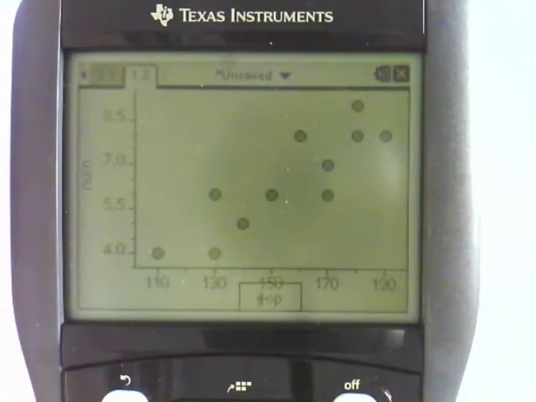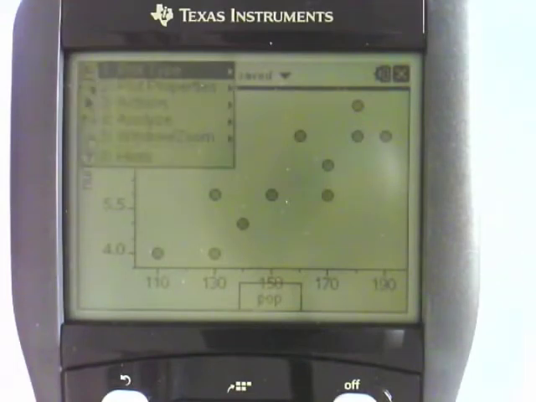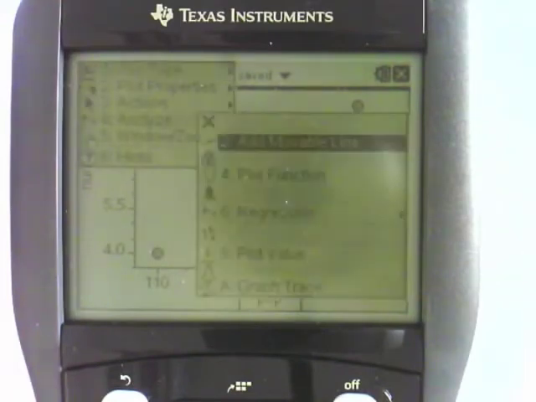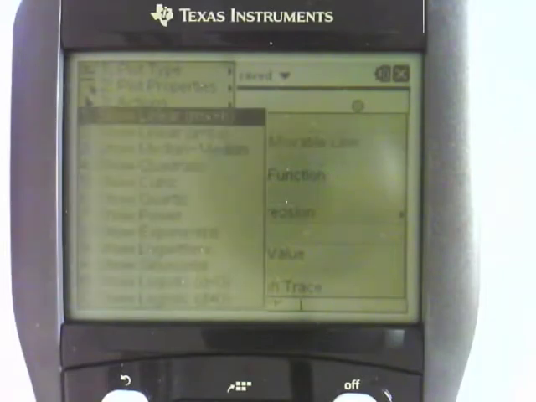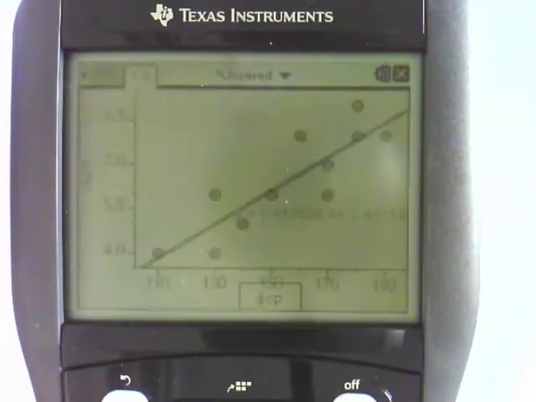From there you need to do menu, 4 for analyze, 6 for regression, and 1 for linear mx plus b. That will then fit the least squares regression line and give you the equation. Okay, so that's how you draw it, and then you just need to write that down and then relate it